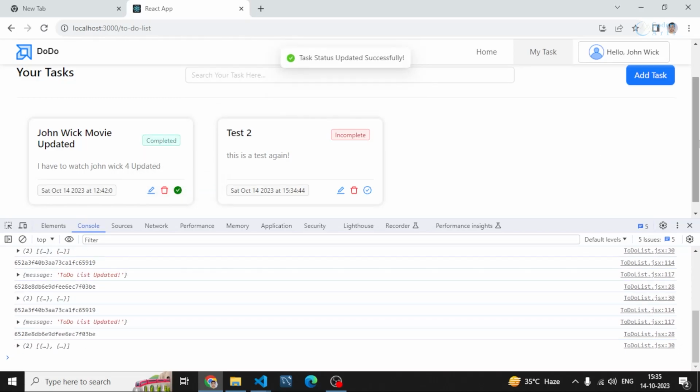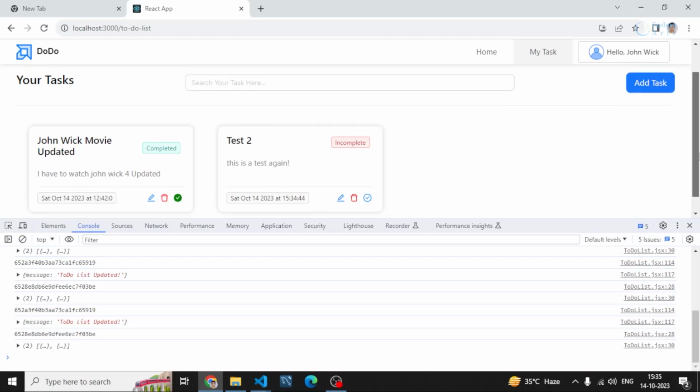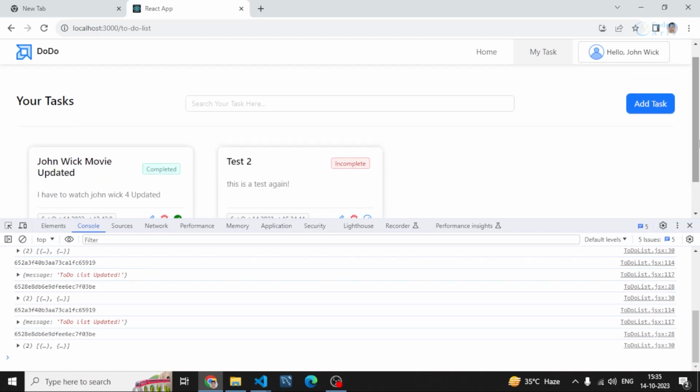So this was it, and I think we have completed all the parts, like the update, delete, and adding of the task. Now we'll be working on the categorization functionality and the search functionality. I'll be creating a simple select option in which we'll be categorizing the completed and incomplete tasks, and we'll also be completing the search functionality